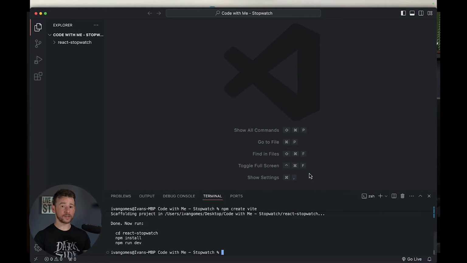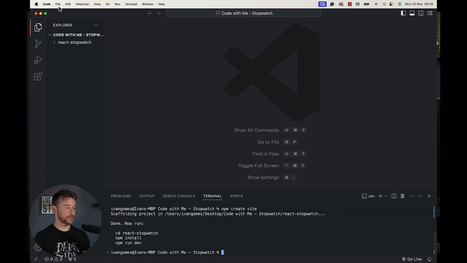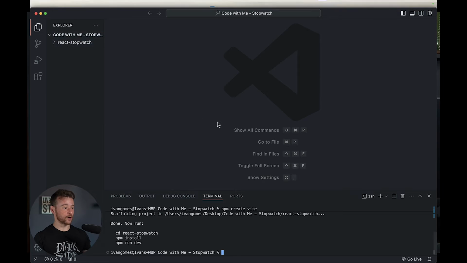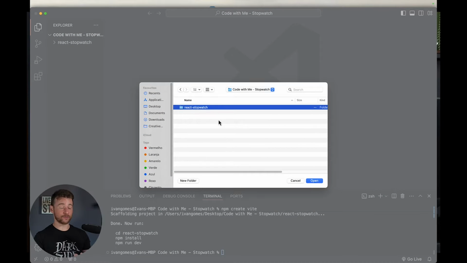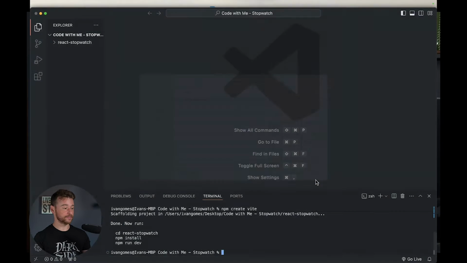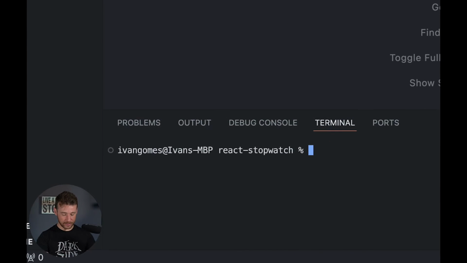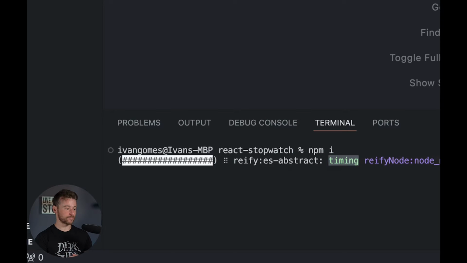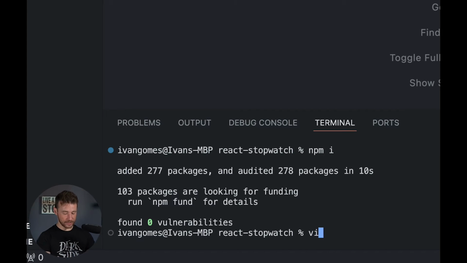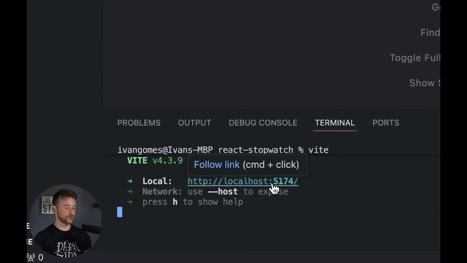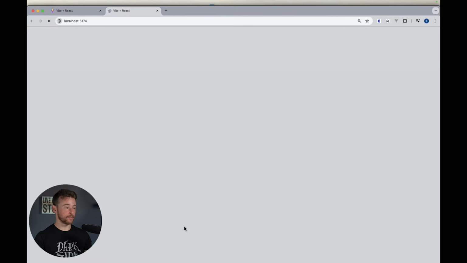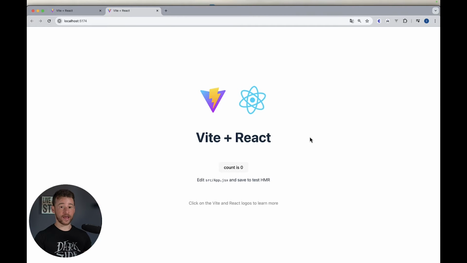Let me reopen the folder. I think it's better so we see only the files of the project. So File, Open Folder. We can see that the new folder for the project has been created. Let me start a new terminal, and now for the first time, let's run npm i to install all dependencies of the project. And now we can run vite to run it locally in the web browser. Now you can control-click this link or copy and paste it on your web browser, and then you will see